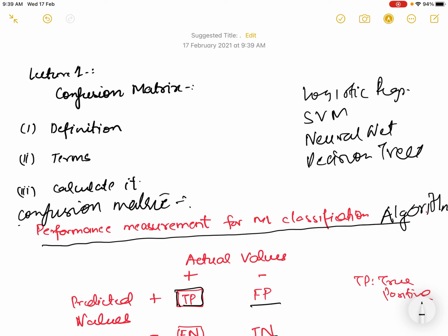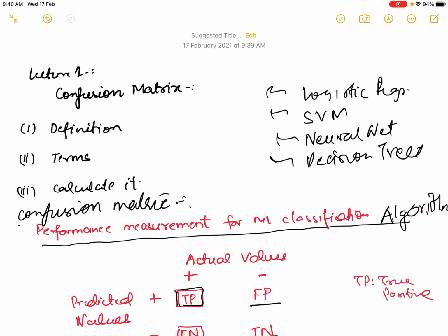So you are a smart person, you use these algorithms and you get different outputs for the mail. Now your algorithm is ready. For testing your final algorithm, and to decide which algorithm to choose in different conditions, we use this confusion matrix. So how to do that? When you are given a data set, you will have a training data set, which has both the input values and the output values. You made a model, and now you predicted the output.